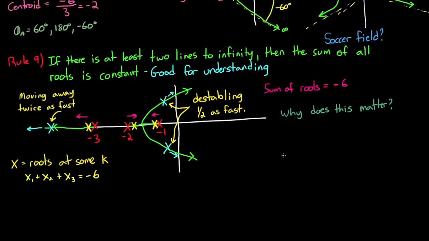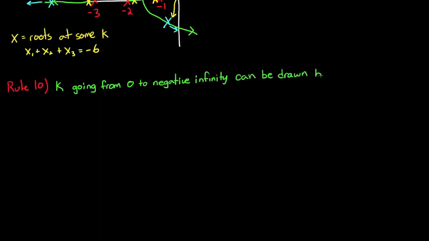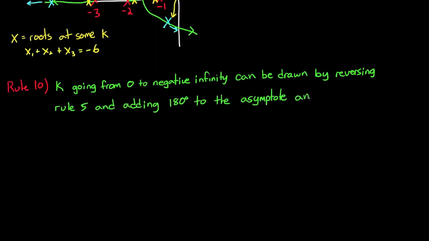And this might be helpful knowledge when you're trying to pick out the right gain for your particular system. Rule 10, you can kind of take or leave. For all of these root locus, we've been seeing how the roots move when you increase k from 0 to positive infinity. And Rule 10 is just a way of thinking of it if you want to decrease it from 0 to negative infinity. And you can do that by reversing Rule 5 and basically saying that the locus appears